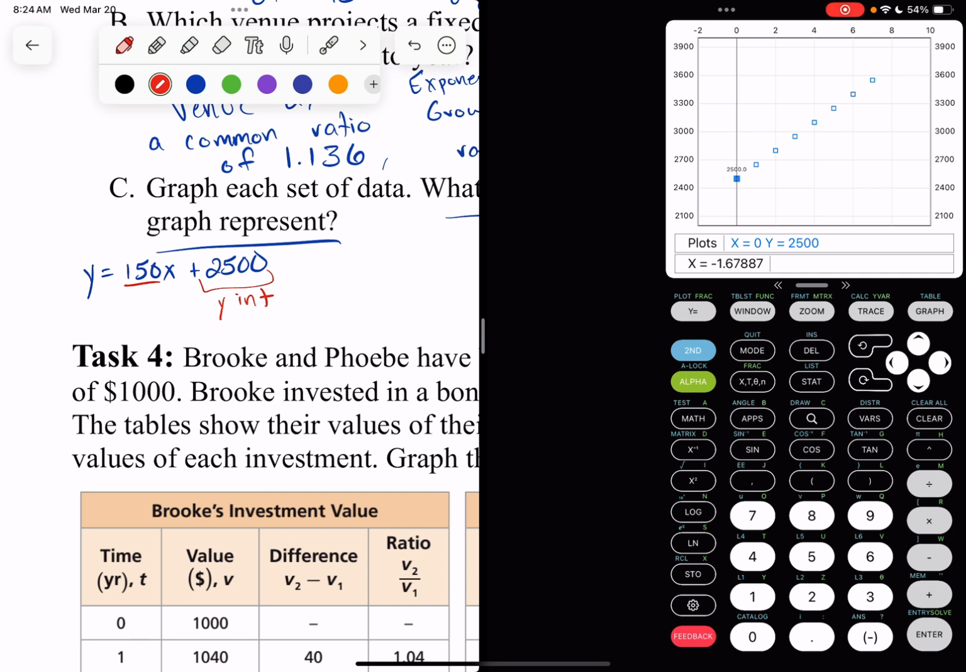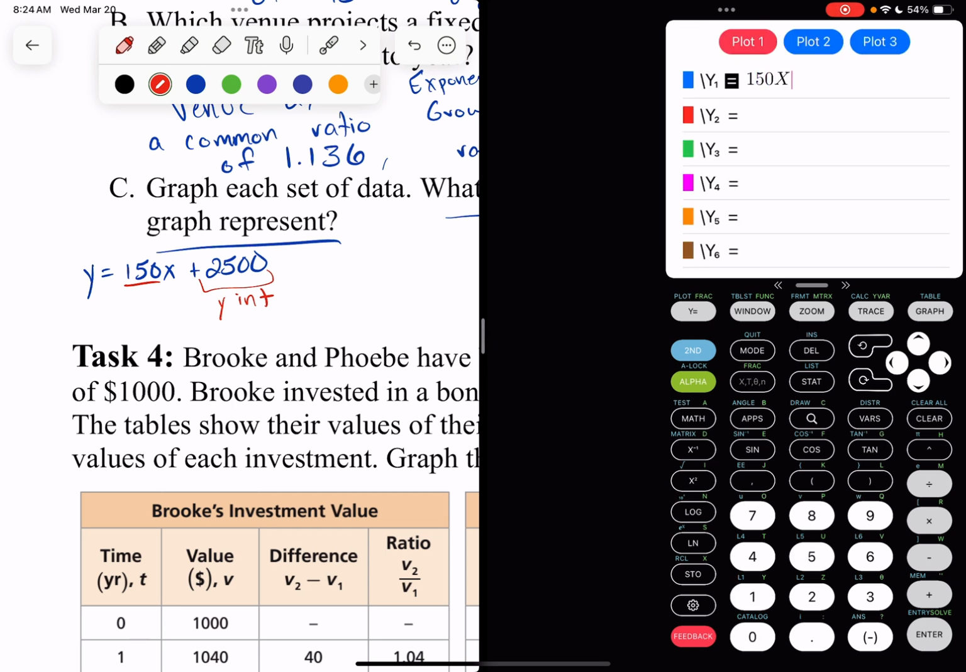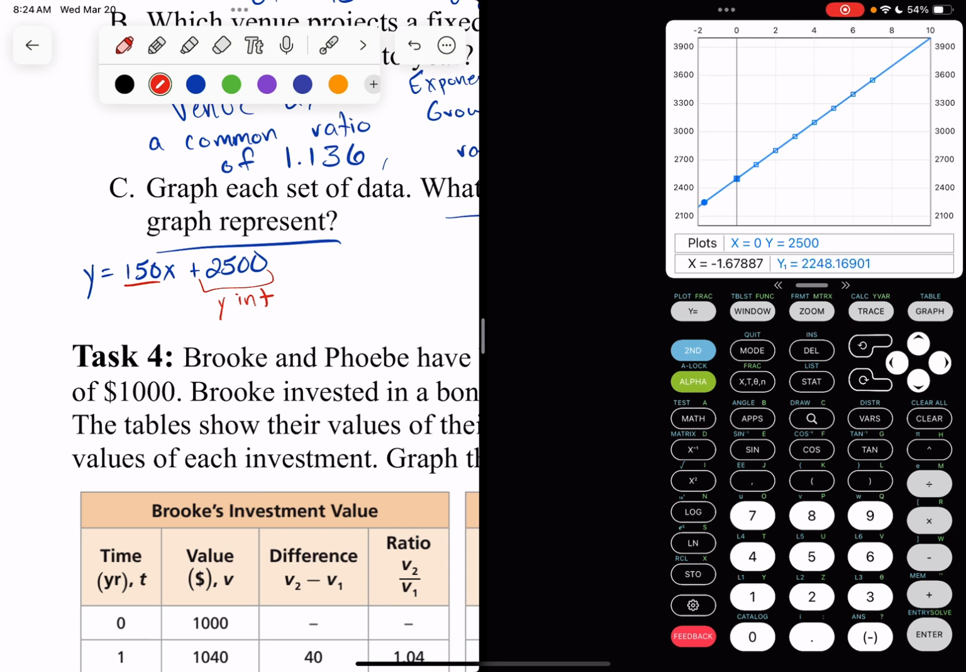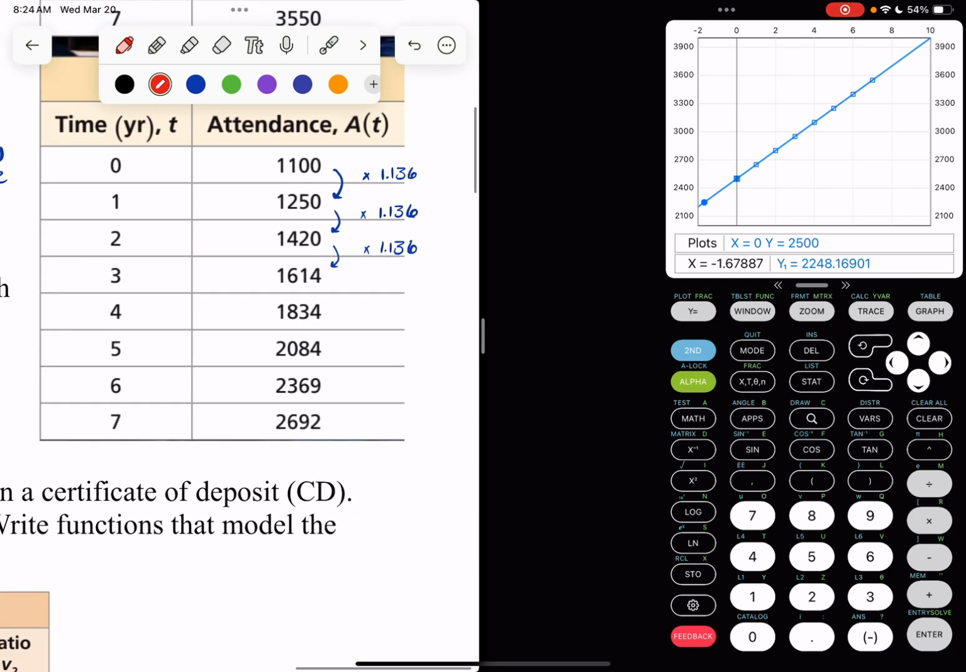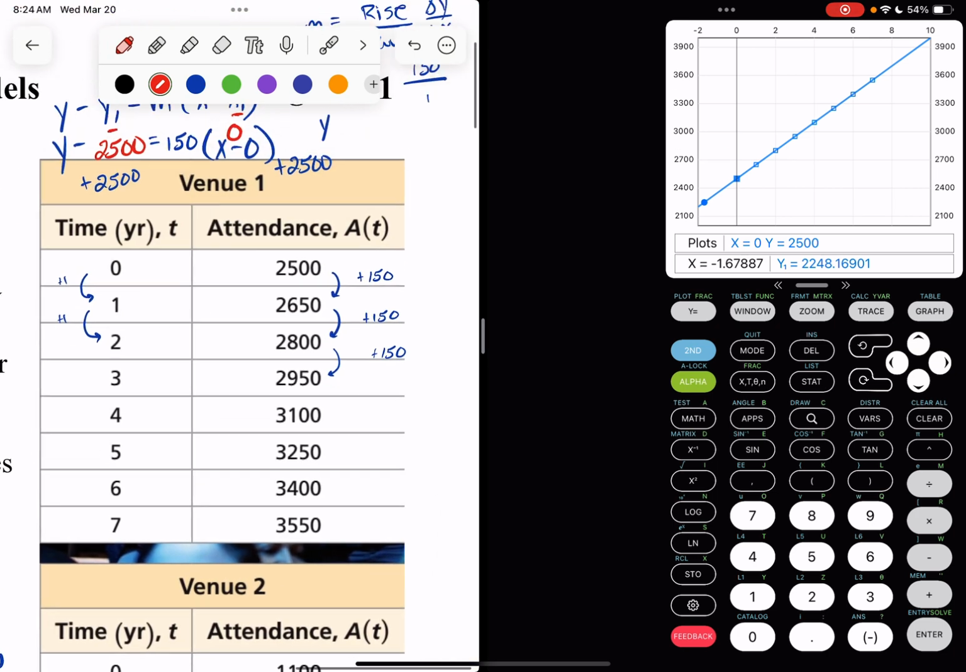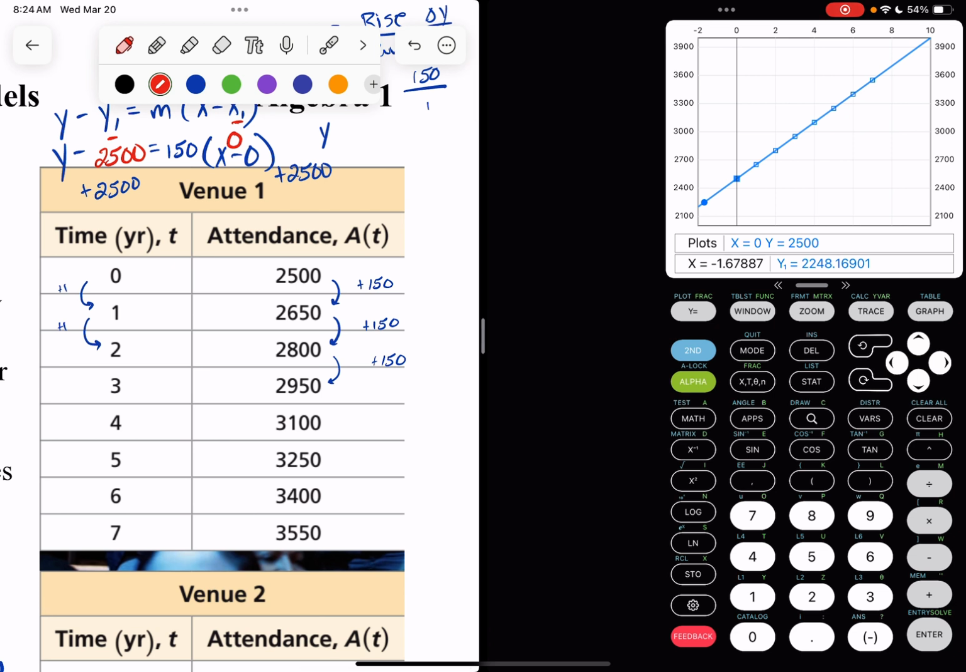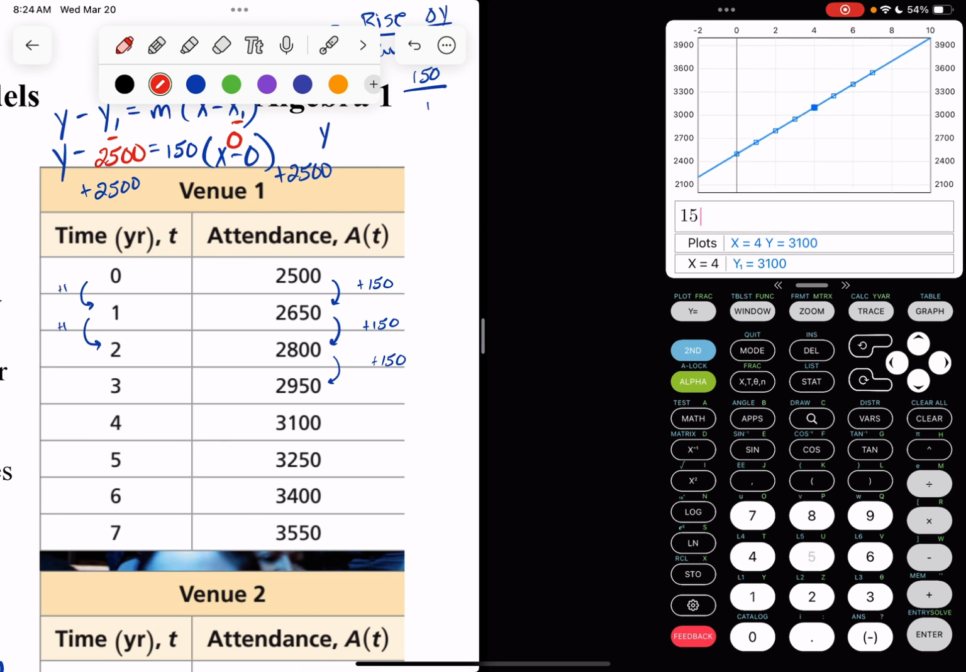So I can come into my y equals, and I can graph this, 150x plus 2500. Looky there, it hits every single one of those points. And now I can use this to make predictions. How many people are going to attend this event in 15 years? I can type in a 15,